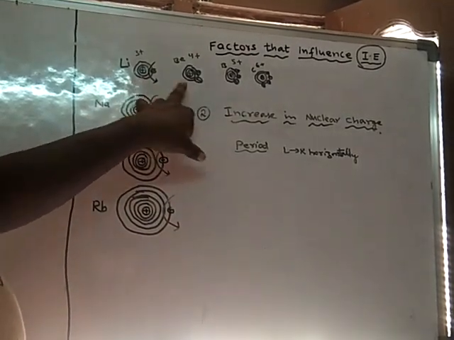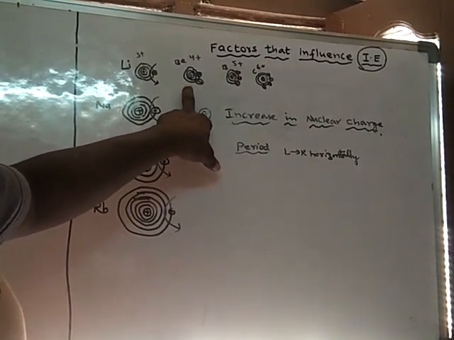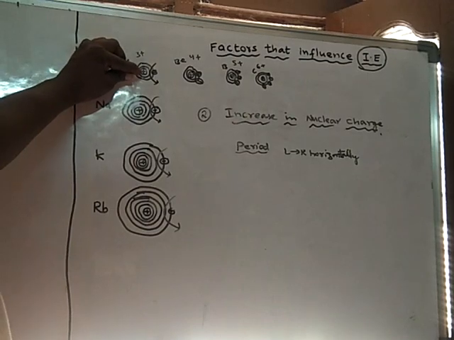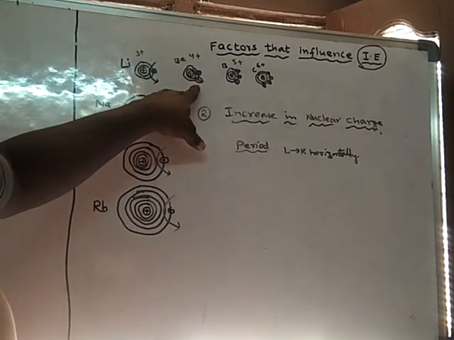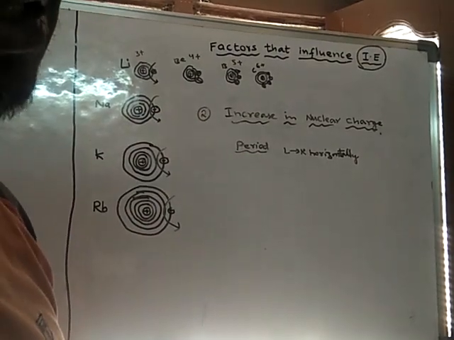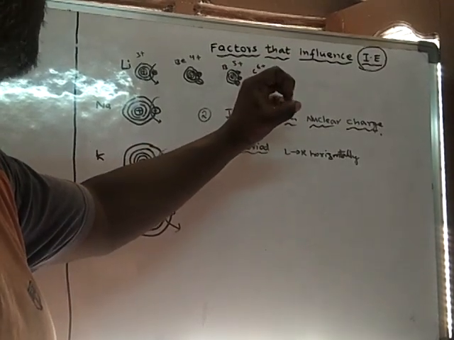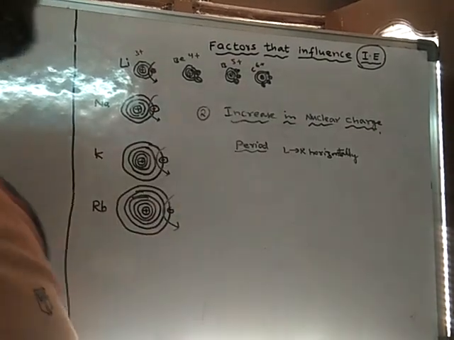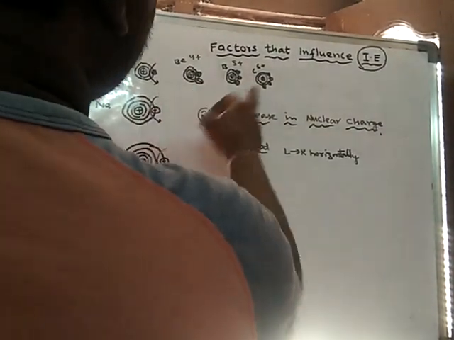When compared to lithium, the size of beryllium decreases because the nucleus is more powerful and the added electron goes into the second orbit only. The attraction of the nucleus on the second orbit is greater in beryllium. In boron, the nucleus becomes still more powerful, therefore the atom shrinks and its size decreases further. So along a period from left to right, the atomic size decreases as the nuclear charge increases.